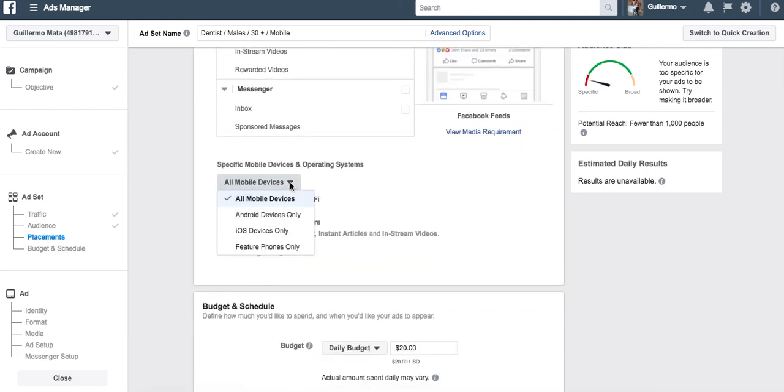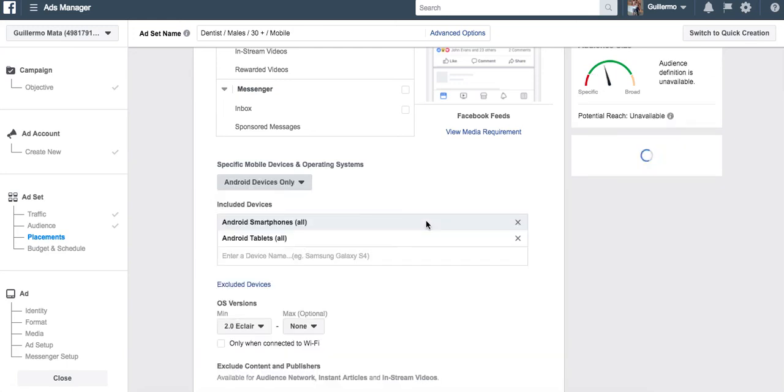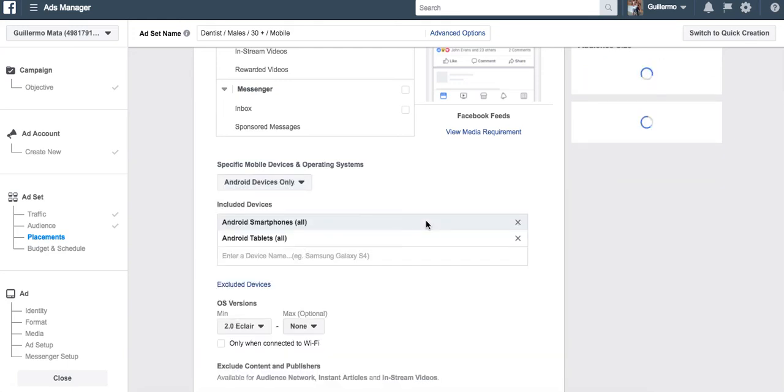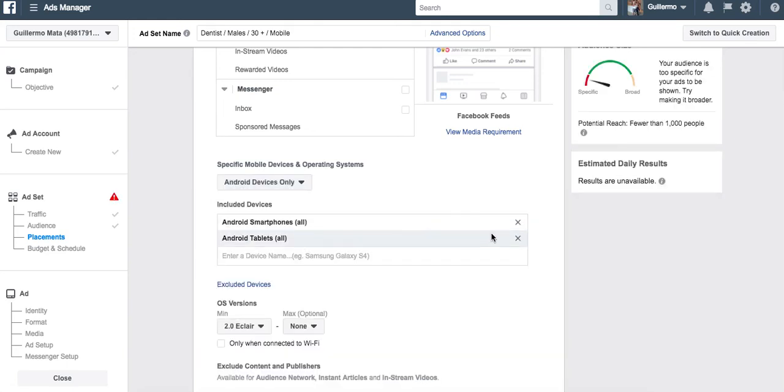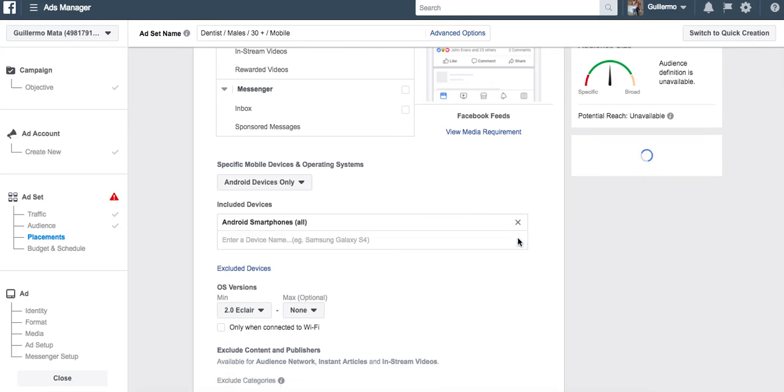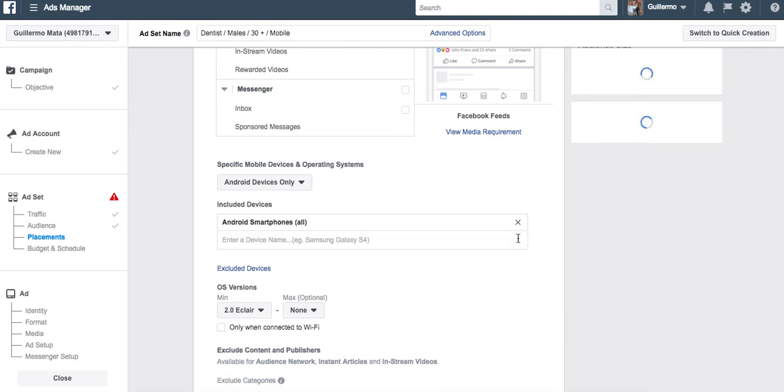All right. This is another exciting area. Remember when we did the basics on the Insight, what did it say? It said that it had to be Android, right? Android was the one that was really sticking out to us. So we're going to go ahead and choose Android devices. Why are we going to select Android devices only? And I mean only Android devices. The reason we're going to select that is because we want to play this game and we want to